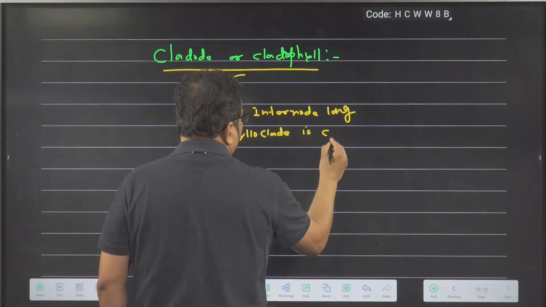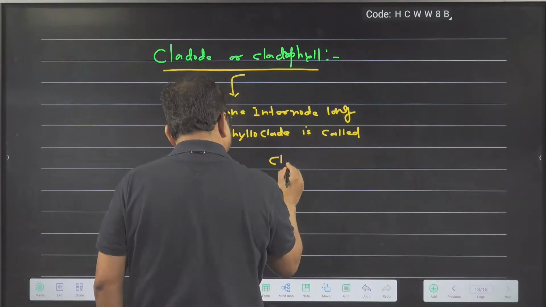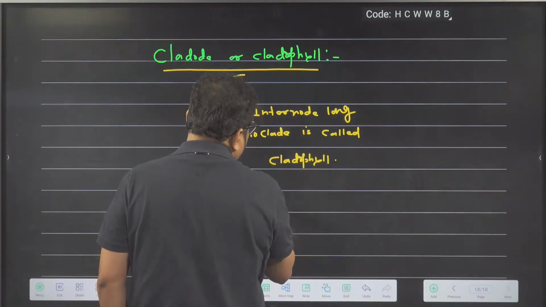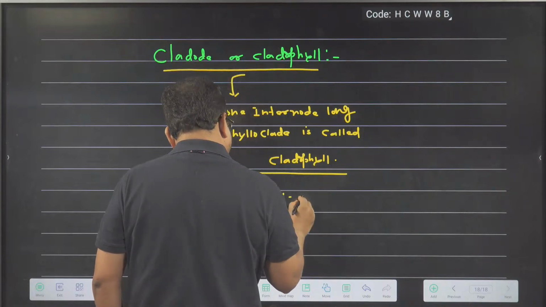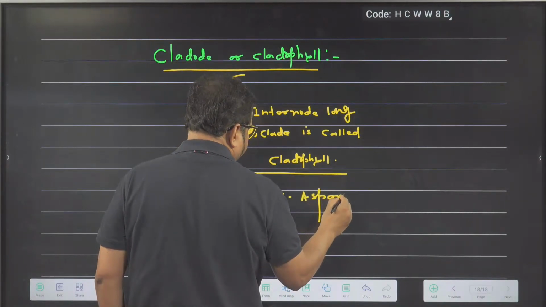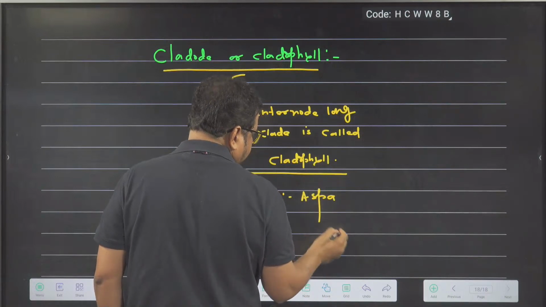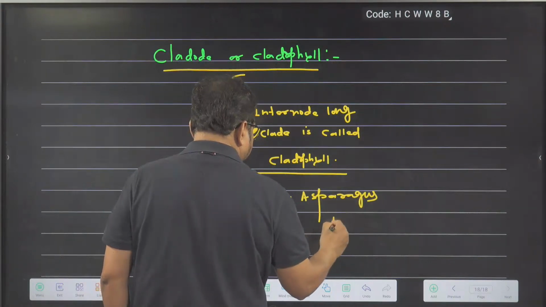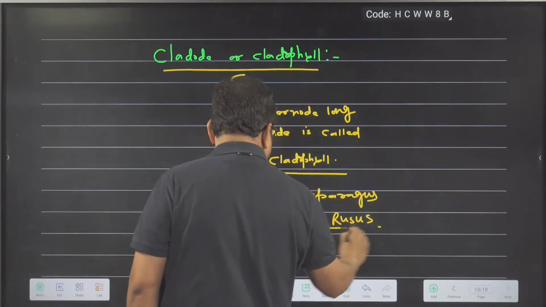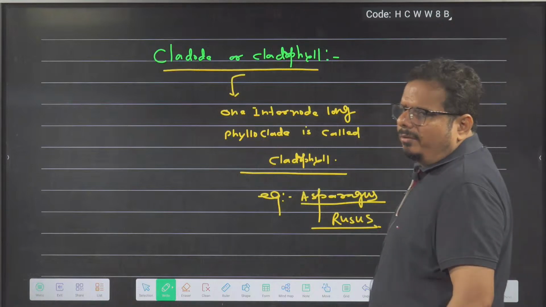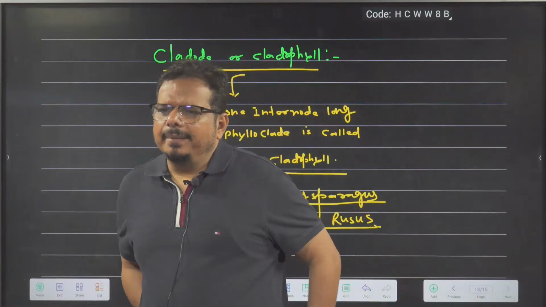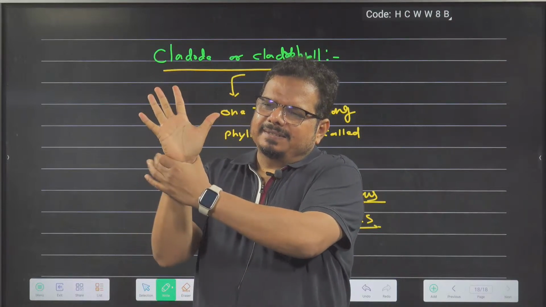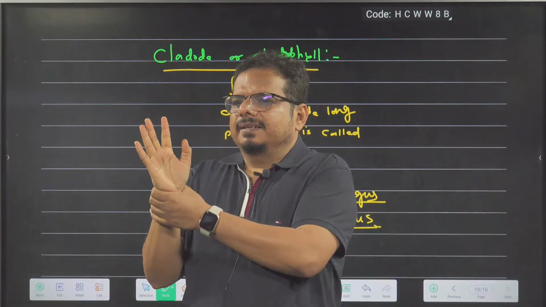It is called cladophyll. Example I wrote already, asparagus and ruscus. You try to understand with the help of example I am telling you. Suppose that this palm,